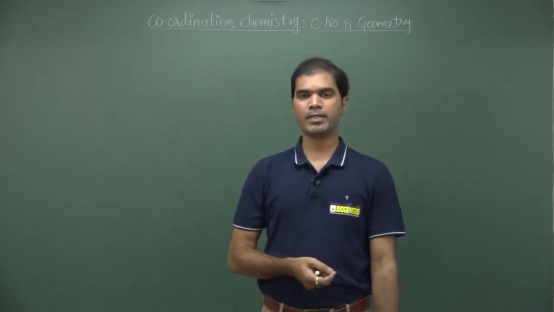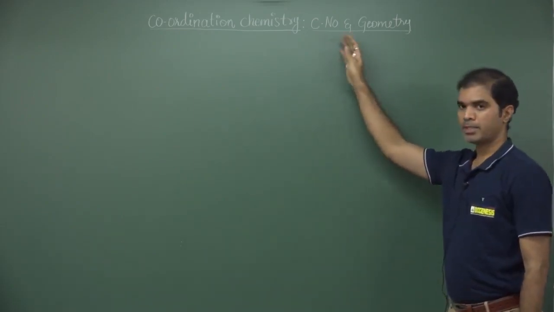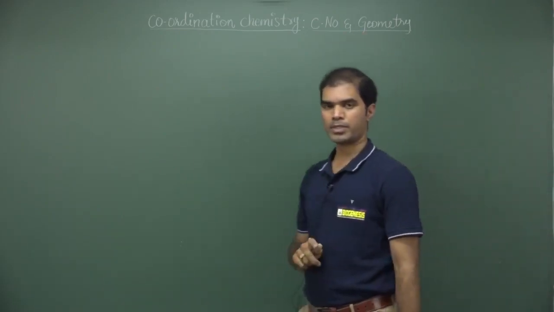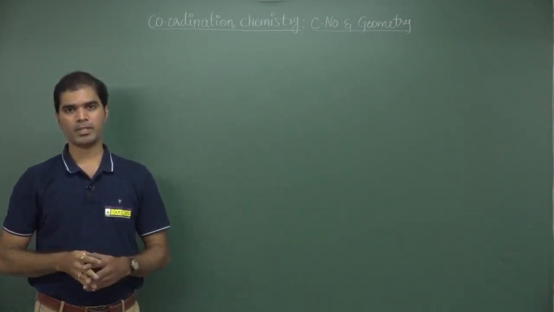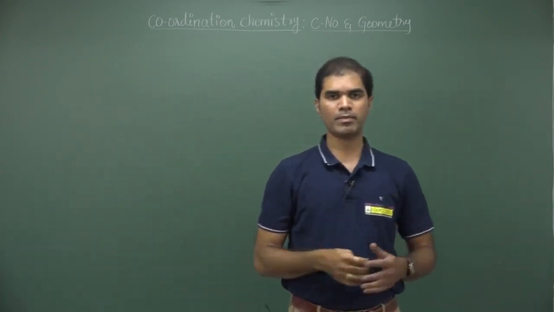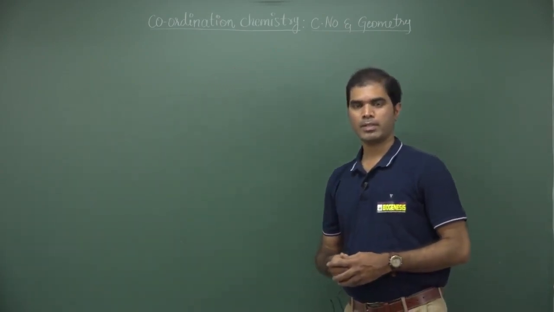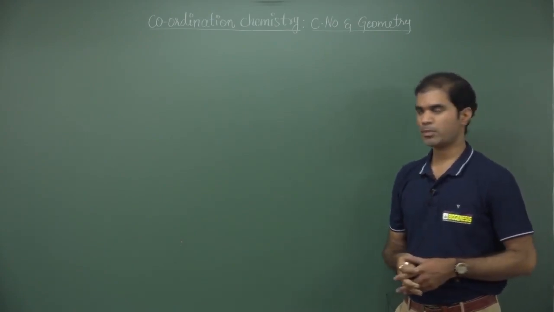Hello and welcome everyone. This is a session where I will be discussing the coordination number and coordination geometry of some unique coordination compounds. The simplest ones you might have seen: iron with orthophenanthroline, chromium combined with ethylenediamine, fluorine, vanadium combining with bipyridine. All these are simple coordination compounds.